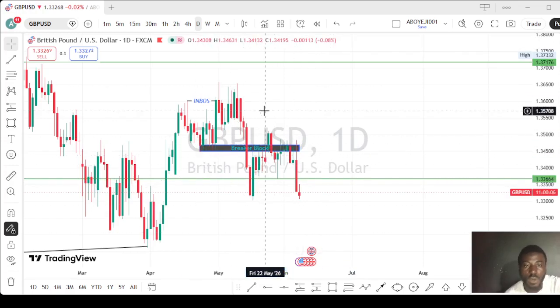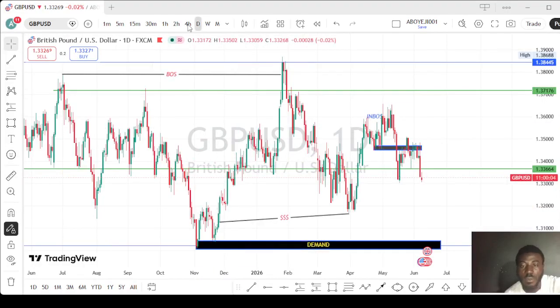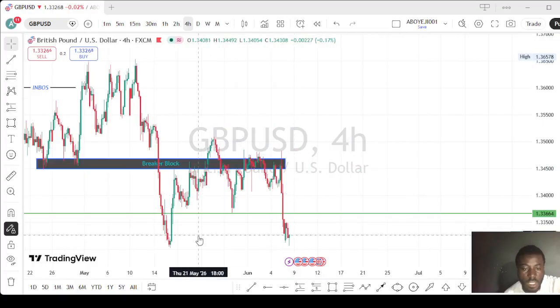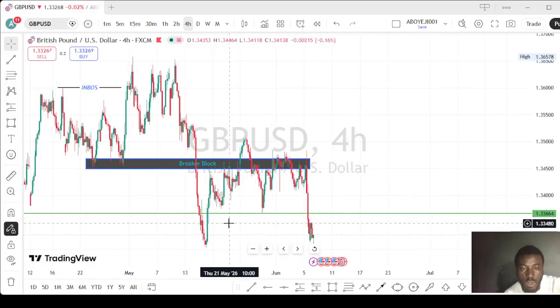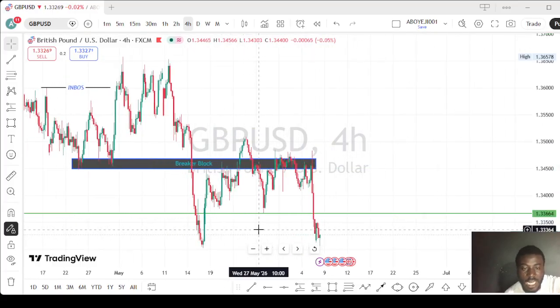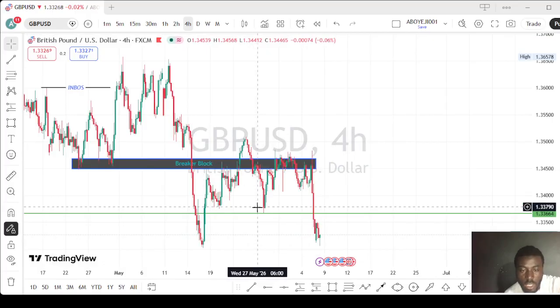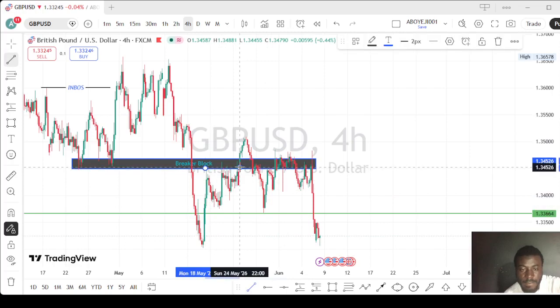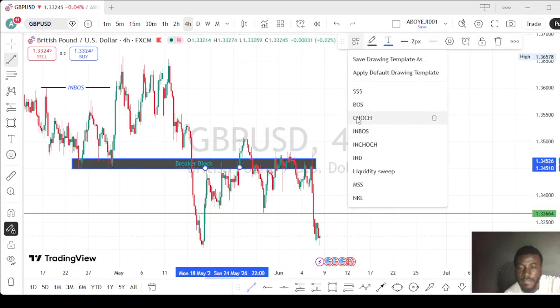Let's see if it can give us a break of structure. Let's move to 15 minutes. Let's move to the 4 hour time frame. This is the 4 hour time frame, and this is what the market is giving us. You can see the market does not give us a break of structure, all in this internal structure again. Let's read the market. This is a valid break of structure here. Valid break of structure here. Break of structure.